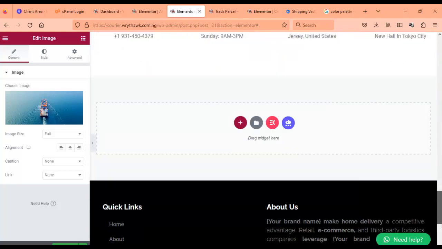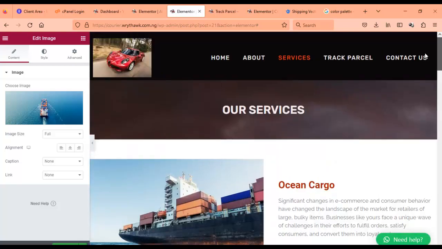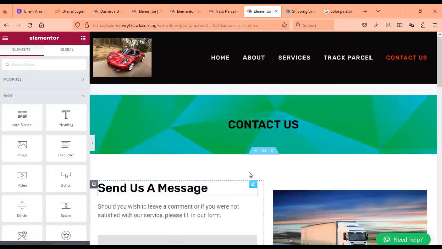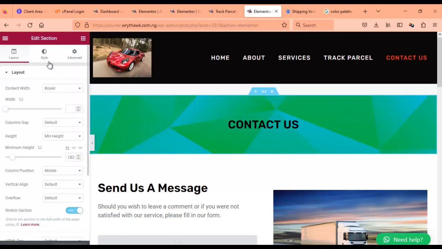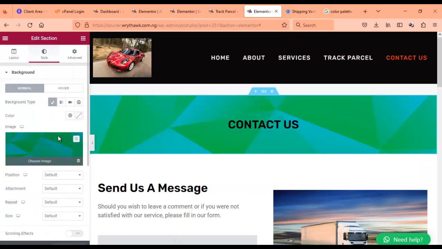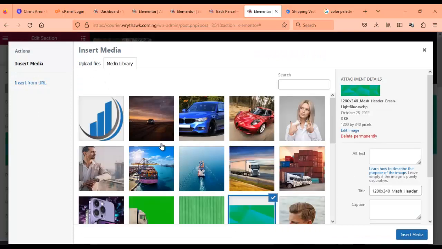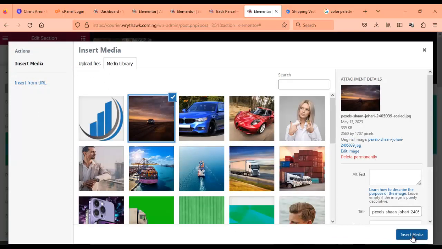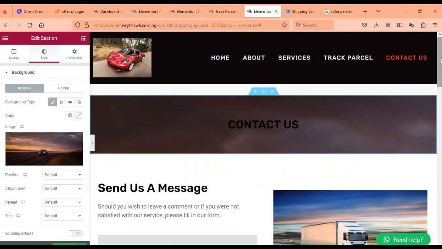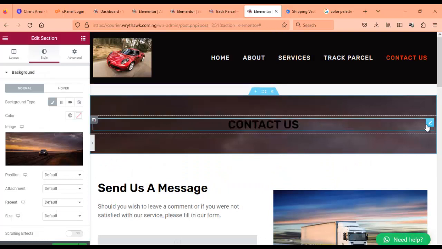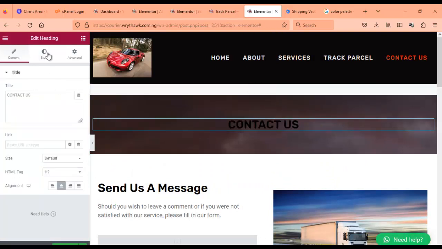Okay, so we update, go to this one, also do same thing, the background, so what we're using. Okay, the color, okay, then